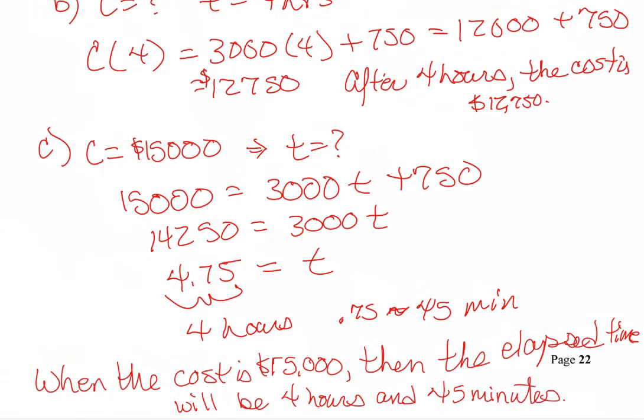Now, this is a good example of why I want complete sentences, because the complete sentence tells you that you understand the entire question. All right? Because it's asking you find the time that must elapse in order for the cost to increase to 15,000. So the time elapsed must be 4 hours and 45 minutes. All right? So